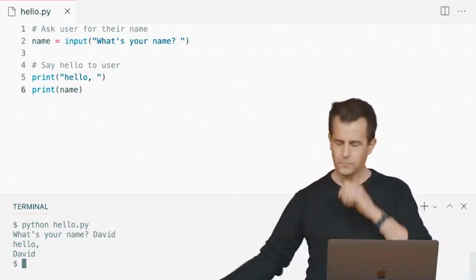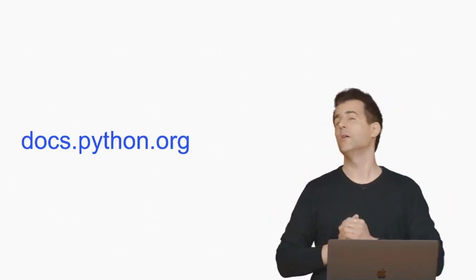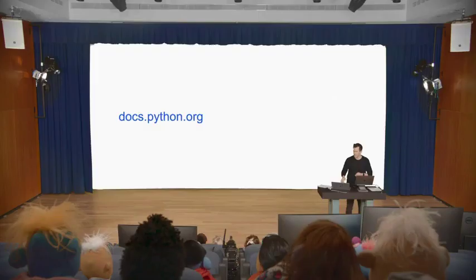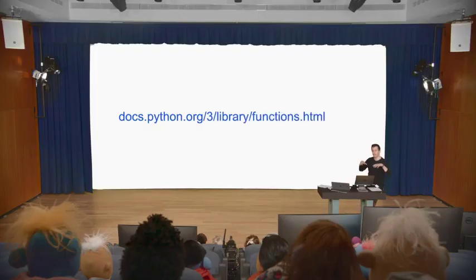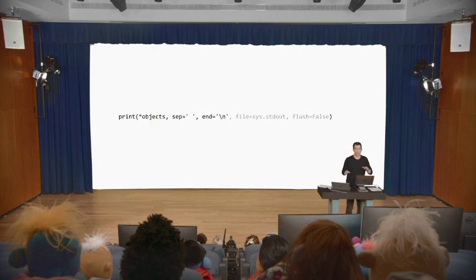And it turns out that if we look at the documentation for Python's print function, we can actually look up at this URL here. docs.python.org is where all of Python's official documentation lies. If I poke around, I can find my way to more specifically this URL here, where I can find all of the available functions in Python and the documentation therefore. And if I go a little more precisely, I can even find specific documentation for the print function itself. And rather than pull that up in a browser, I'm going to go ahead and highlight just one line from that same URL, which is this.